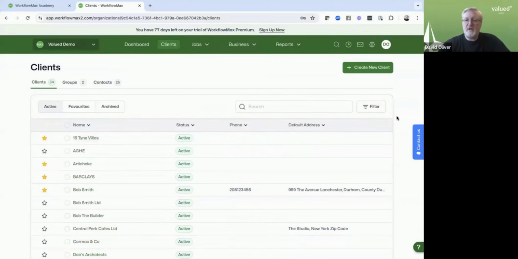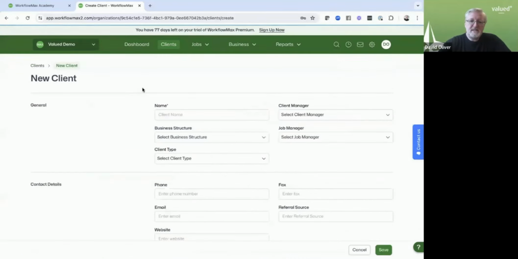Well, I'm going to create a new record so that we can then see how this might appear for you. So once we get our initial contact from our new client, we click into New Client or Create New Client, and it is essentially a form filling exercise. So we would begin with the name of the client. Let's go